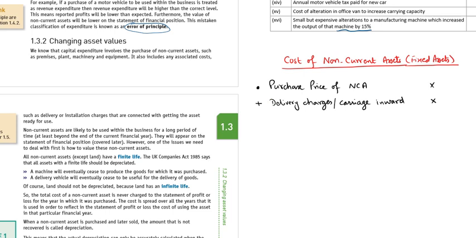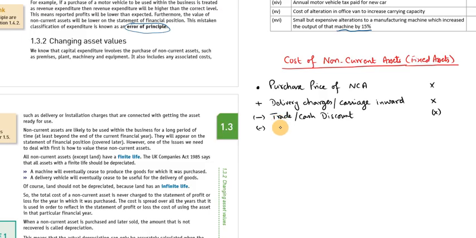Then we will subtract the trade discount if the supplier offered some trade discount. We subtract trade and cash discounts. So trade or cash discount will be subtracted from the cost of non-current asset,